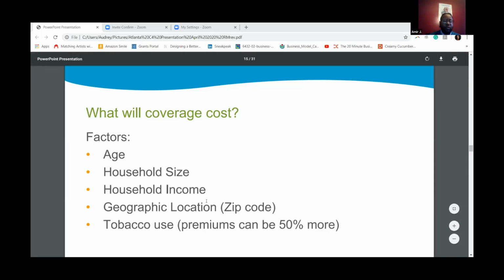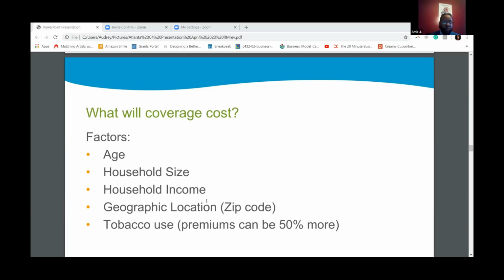These are the actual categories that are on every marketplace application as it relates to what the personal information is that will be determining the cost of your coverage. Please note here, folks, that pre-existing conditions aren't listed. So whether you're completing a marketplace application or if you're just browsing and looking at what's available to you on the exchange, your medical history is not being asked about. The only thing that's being asked about is whether or not you smoke cigarettes.